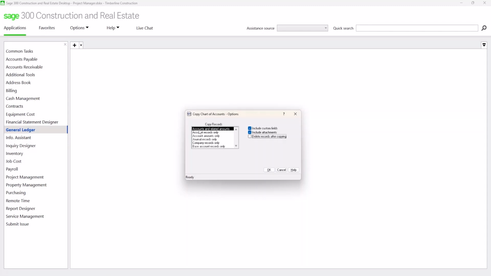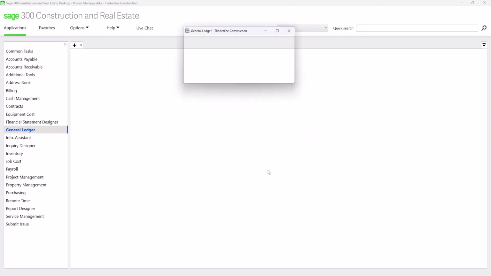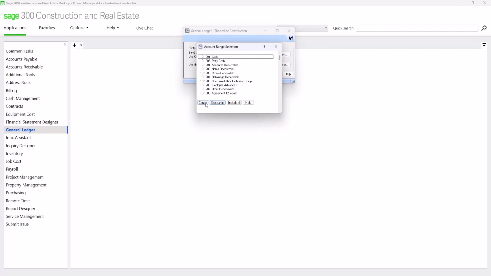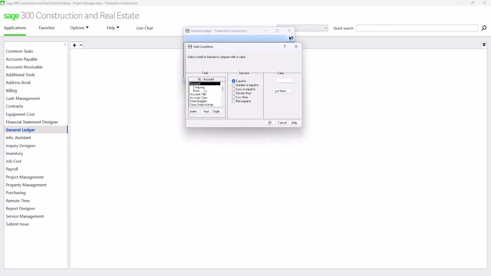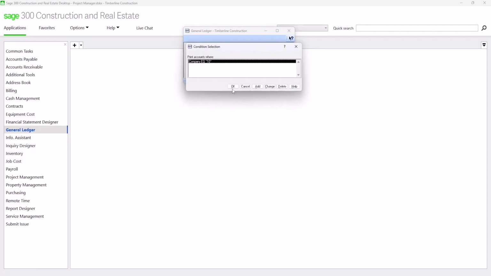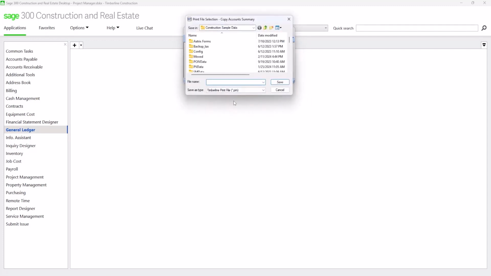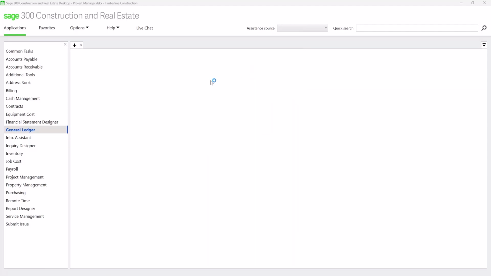So, select accounts and related amounts, click OK, and then under ranges or conditions, you pick a company that you'd like to copy over. In this case, I can say conditions, company equal 10, and I will click on Start. This process will now copy accounts and related balances from my Timberline Construction into my consolidated entity called West Coast Properties.